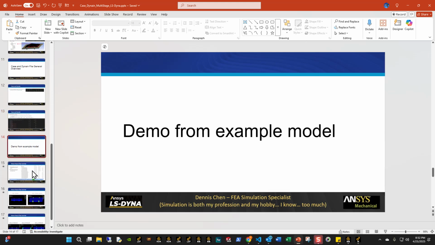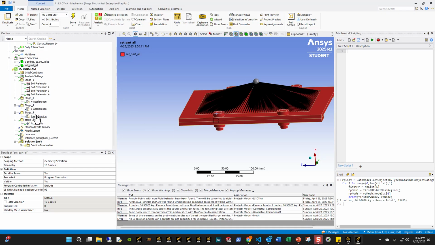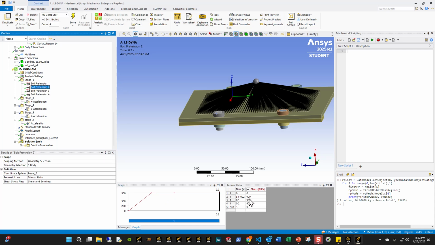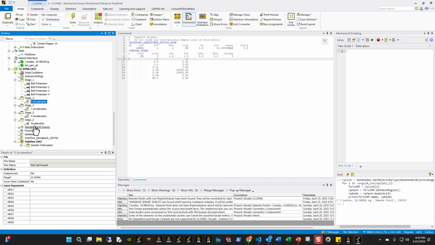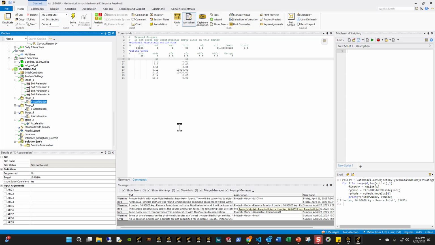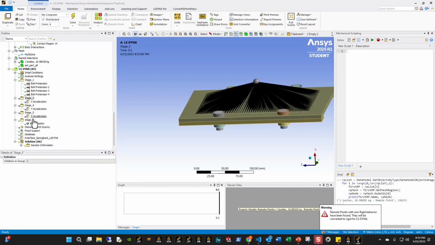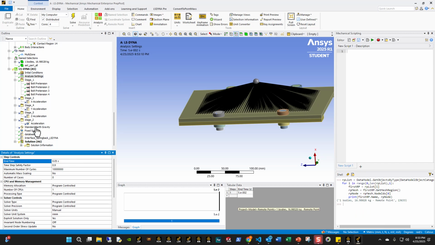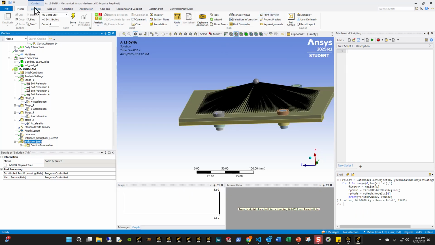Okay, now let's do a quick example of what I'm doing here. Once I have this model, this is going to look pretty tricky. You can see that the bolt preload happens in the first 0.05 seconds. Then the gravity happens from 0.05 to 0.1 seconds. Then the acceleration happens from 0.1 to whatever termination time I indicate. So what I'm going to do here is suppress everything except stage 1, and change the termination time to 0.05. And then I'm going to write